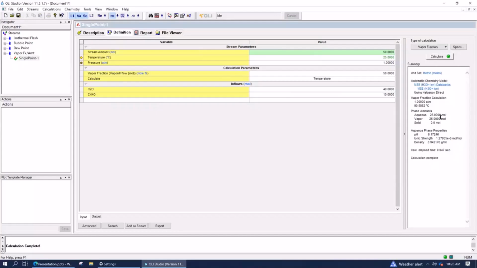Okay, any questions then about what we're going to call the phase, the thermodynamic part of the calculations, where we're either doing an isothermal flash, or doing a phase envelope calculation with bubble point or dew point, or we're doing a vapor fraction or vapor amount calculation. Okay, then let me just go ahead.